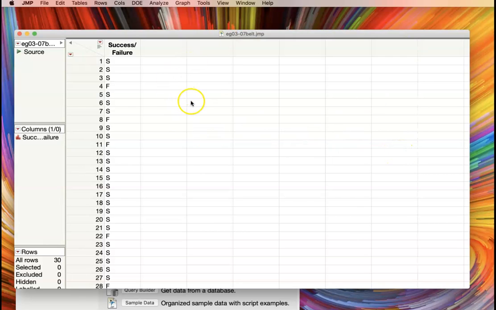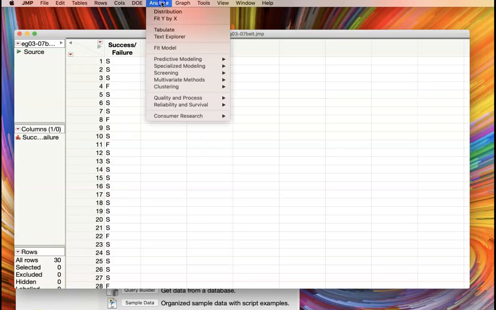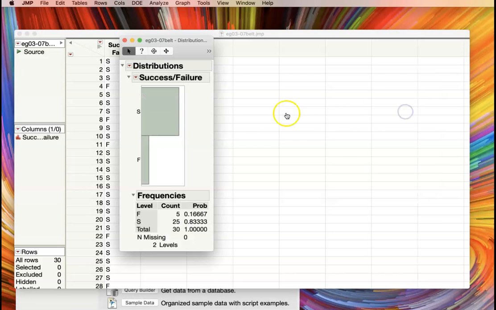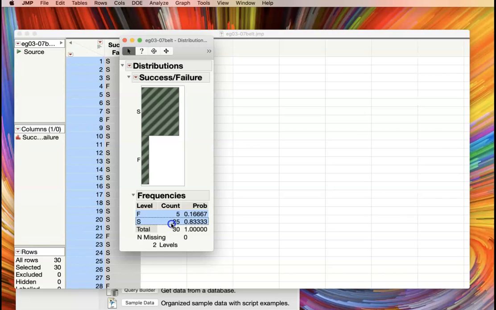So in our data, if we wanted to get the sample proportion, we also go to Analyze, Distribution, like we've been doing for everything else. This distribution will be categorical, but we'll still get some information that is categorical in nature. So drag that over to the Y columns and click OK. And you'll notice that we do create this little histogram with successes and failures. But what we need right here is the number of failures, the number of successes, and it already calculates that